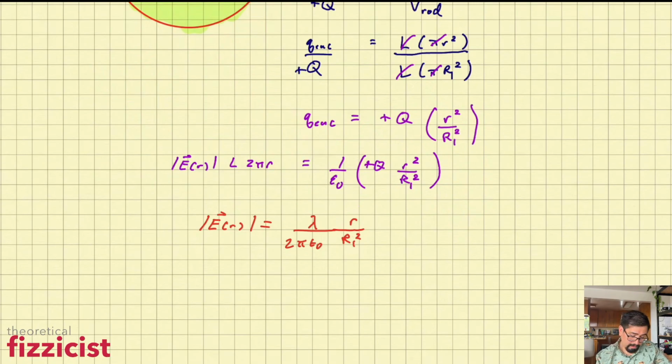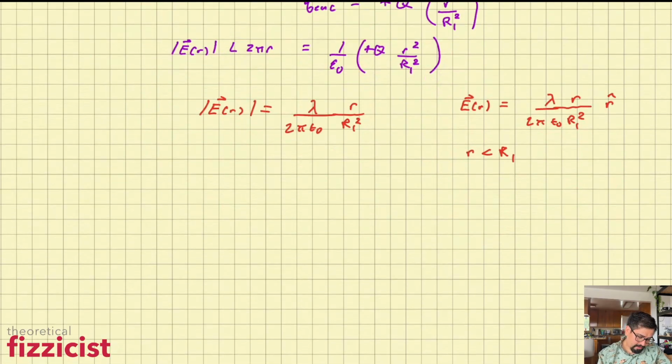Furthermore, since we're surrounding positive charge, we know what the electric field strength has to be at this little radius. This has to equal lambda over 2 pi epsilon naught R1 squared times little r in the numerator. And this is all pointing radially out, and this is for little r less than R1. So I told you, there's one last little check you can do to see whether this electric field strength makes sense or not. And that last little check is E fields